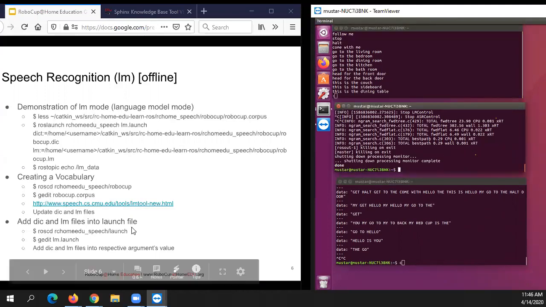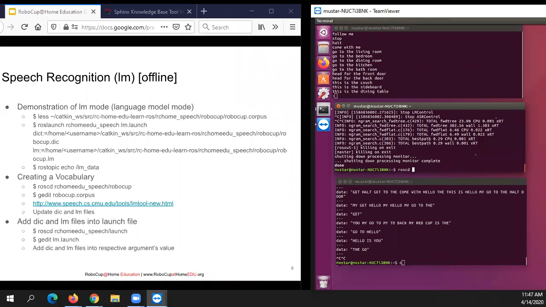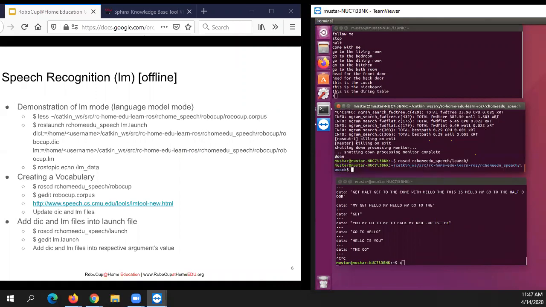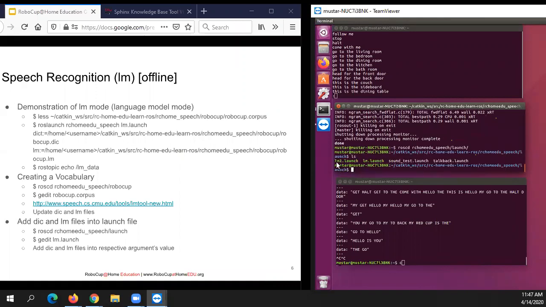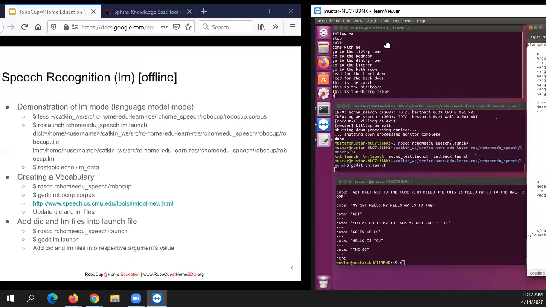Okay, you key in the argument of this one into the launch file. So how do you do it? First you go and edit the lm.launch. You roscd to this speech package and then launch. Inside here you can see there's an lm launch, and I already created the lm2 launch, which is the answer. So if you open up the lm launch,